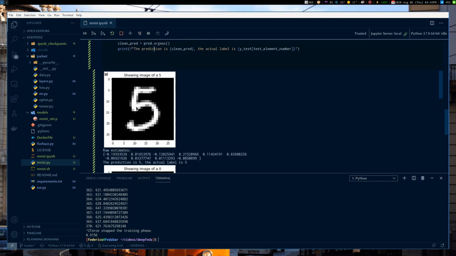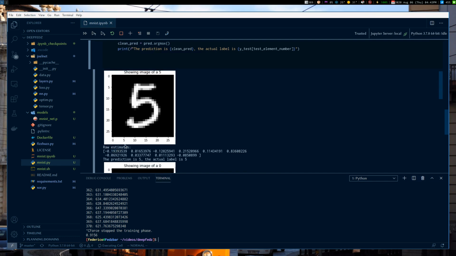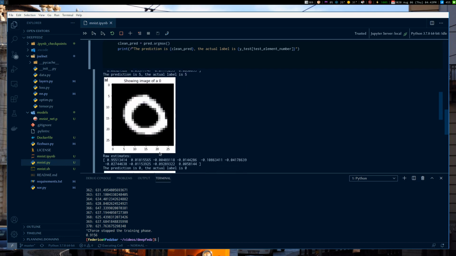This is the testing set image of a 5, and obviously the true label is a 5. These are the raw estimates. So as you can see, it really doesn't think it's a 0, a 1, or a 2, or a 3, a bit more a 4, a 5 it's pretty confident on, and so on. So it's pretty confident it's a 5 relative to the other values, which is quite good. A 0, again, extremely confident that it's a 0 compared to the other values. Obviously you can see that it does kind of all add up to 1,